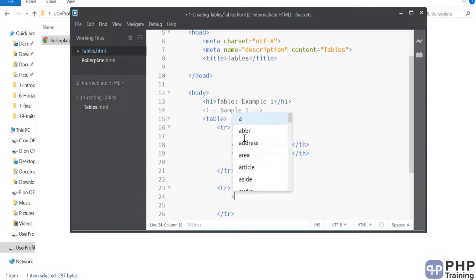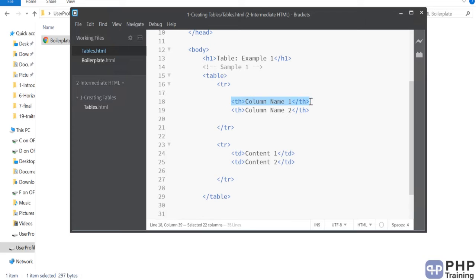Right, so let's add the data now. So I'll say content 1, that's nothing but your column. Okay, what you're trying to do here is this is the first column, this is the first content in that column, and then you're going to have the second column, and this is the content in the second column. Okay, and how you're creating the new lines inside the table, you're using the TR, which is nothing but the rows. Okay, so after this we're going to write a new line, and then let's look at an output of this table.